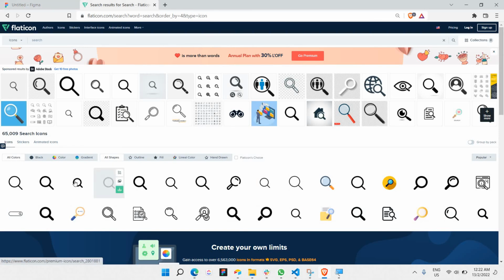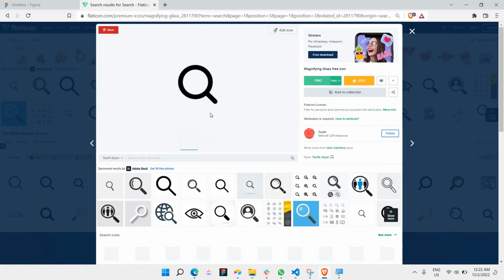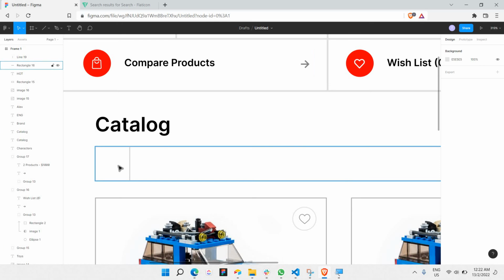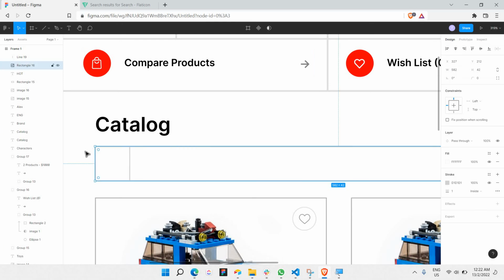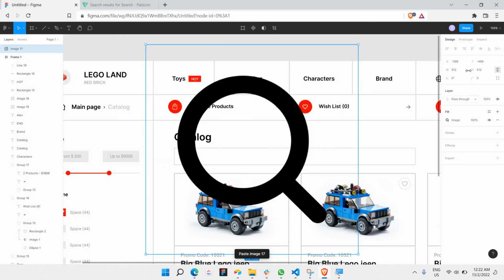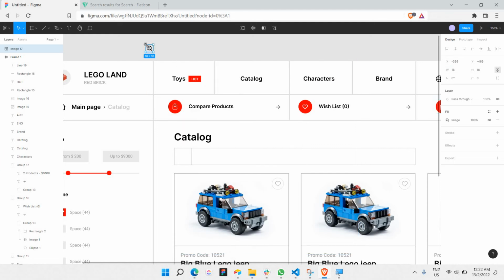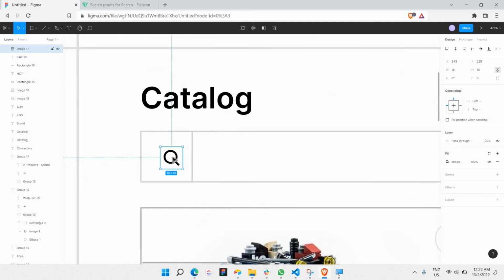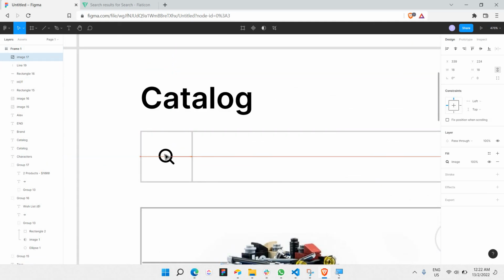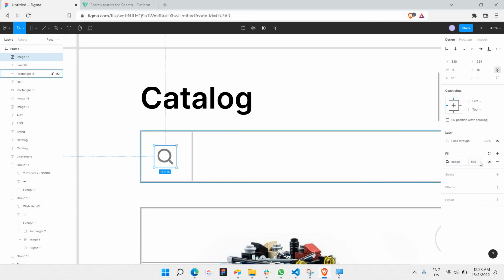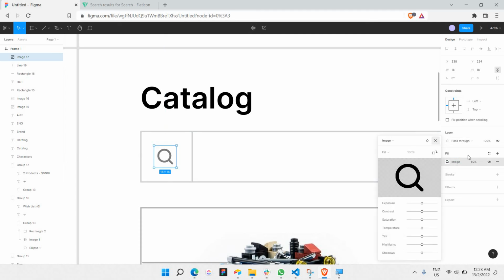And next thing, I'm gonna take this, copy, paste it right here, reduce the size to around 18, I guess. Let me see if 18 fits. Yeah, that's perfect. So just place it exactly in the center of this box and reduce the opacity to around probably 50, maybe